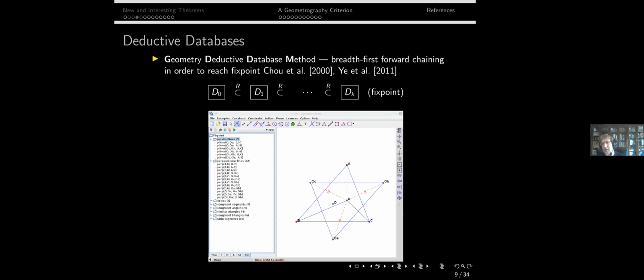And this algorithm, this loop, will reach a fixed point. And this example gives us for this construction all these facts: parallel lines, perpendicular lines, congruent segments, and with this